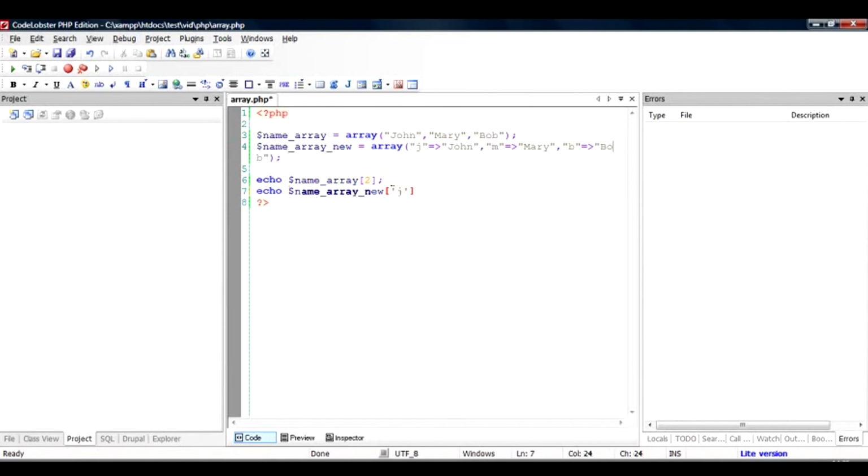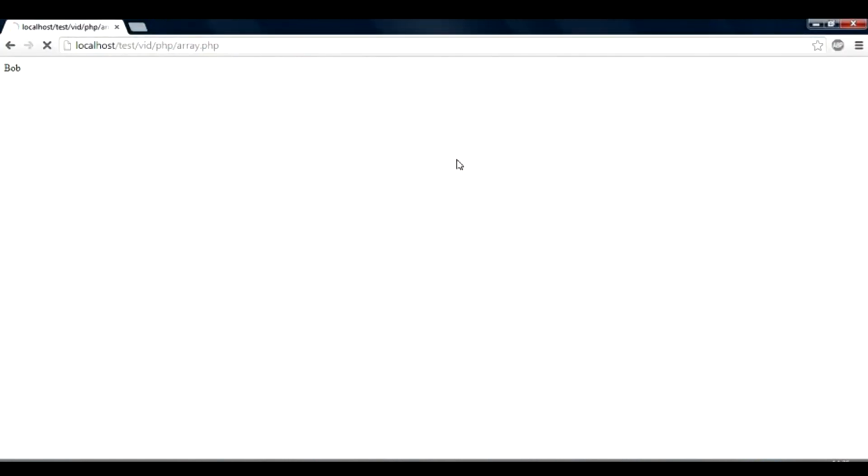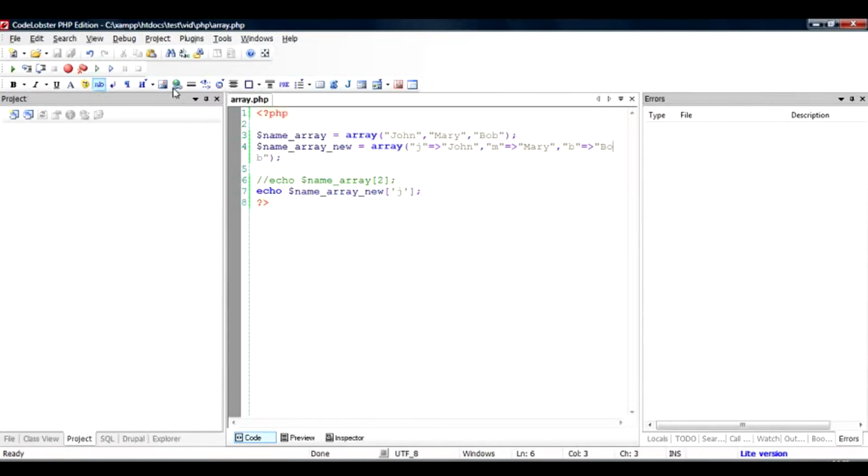Put the key name J. I'll just comment out the above statement, and according to our new statement, now John should be printed on the screen. So you can see John has been printed. We can print Bob now just by changing the key to B.